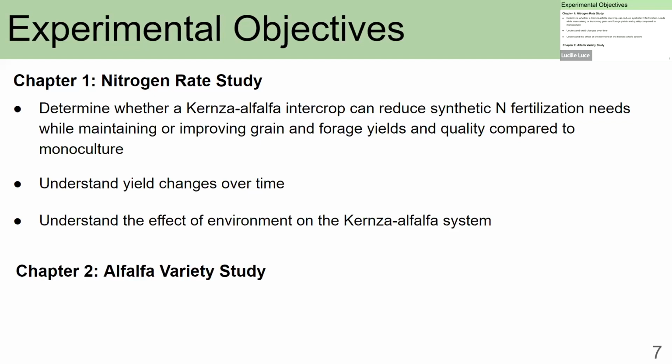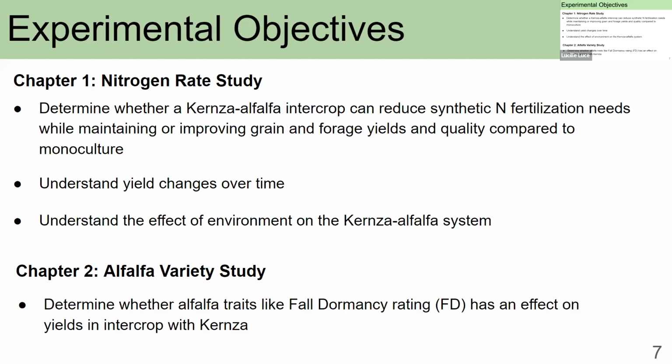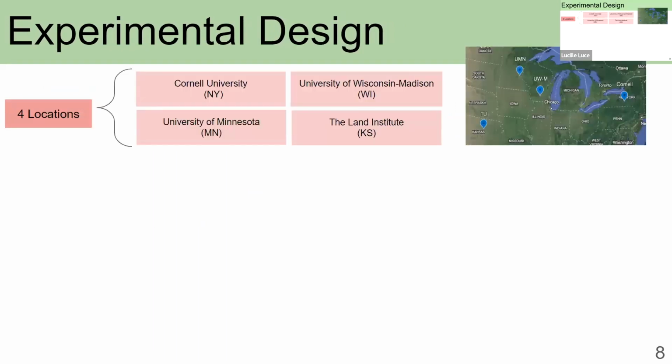In my second chapter, we wanted to understand how alfalfa variety affects the performance of this intercropping system and compared alfalfa varieties with 3 different fall dormancy ratings. So, in order to understand the effect of environment on the Kernza-alfalfa system, we replicated this experiment at 4